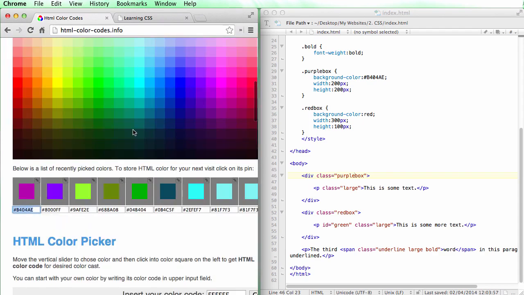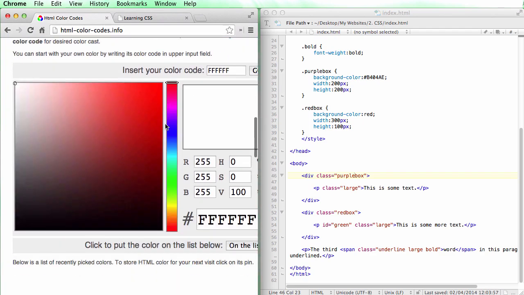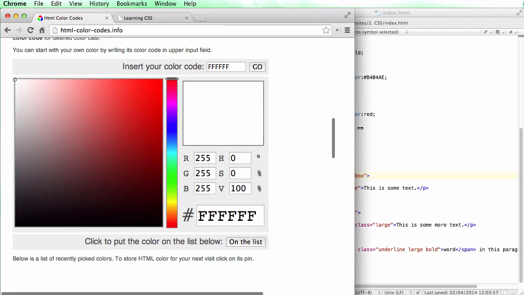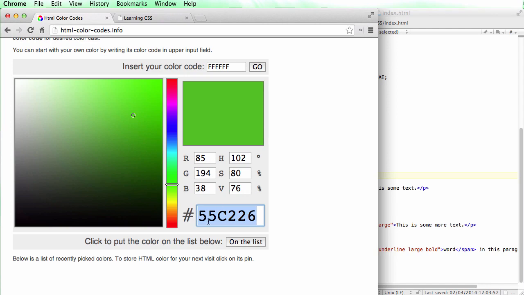If you want a really precise set of color codes that are even more detailed than that, you can use something like this. So on the same page, HTML color codes, I'll just stretch that out a little so we can see the whole thing, and you can now use absolutely any shade of any color that you want. So let's say we want some kind of green. We can click there and it will give us the color code of any of those shades. So I'll go for a kind of dark green there. So that's that number. Again, I'm going to copy that,